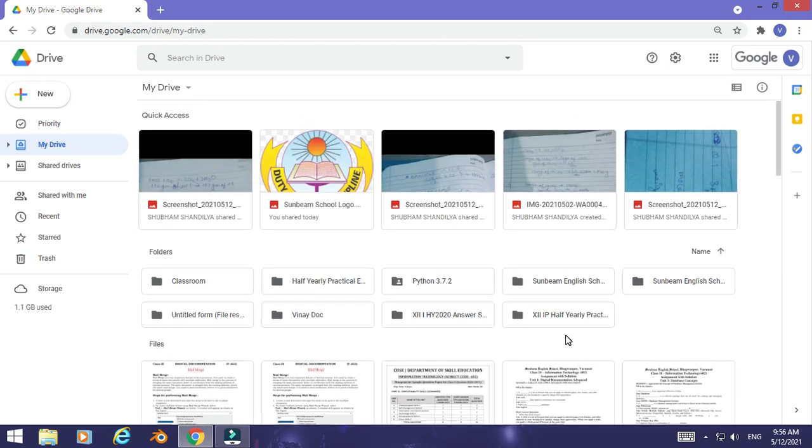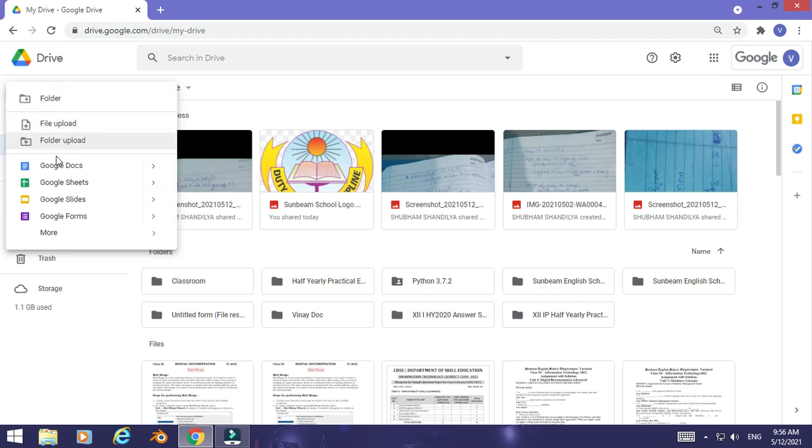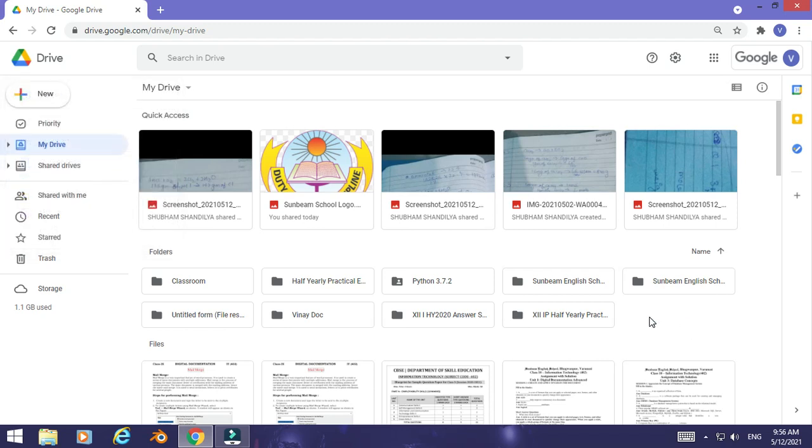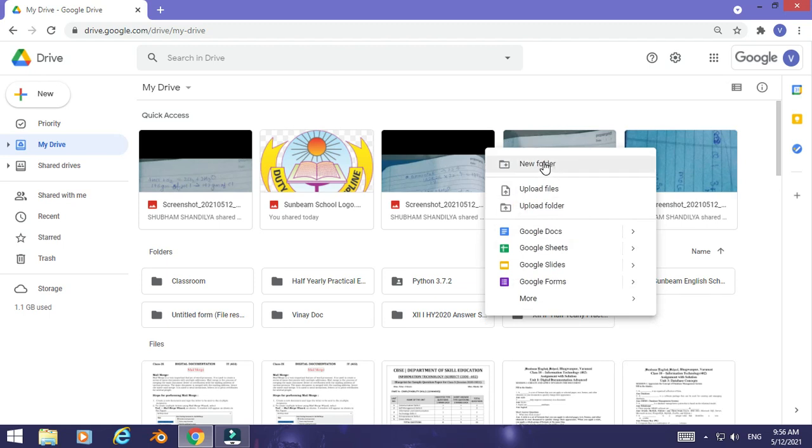Okay, so if you want to create a folder for your class, then one option is there. You can go for New. You can see here on the left side just below the Drive, there is a plus mentioned as New. You click on New and then you get so many options. What you have to create right now is a folder. You can just click on Folder here and a folder can be created. Or in a similar way, you can just go to the empty space and right click over there, then also you get the option for New Folder, and you can create it.